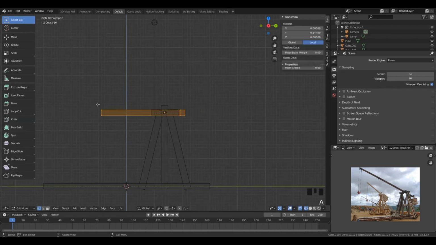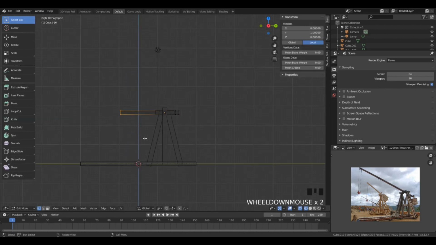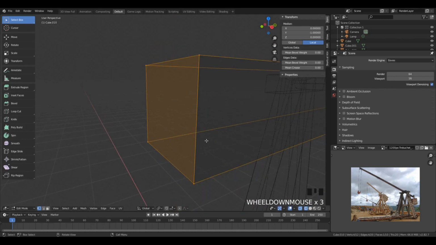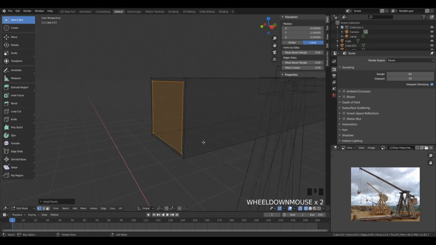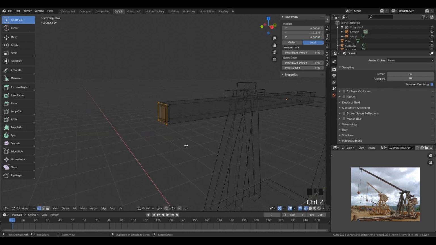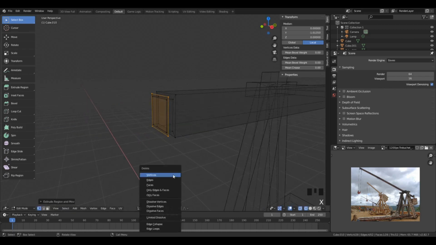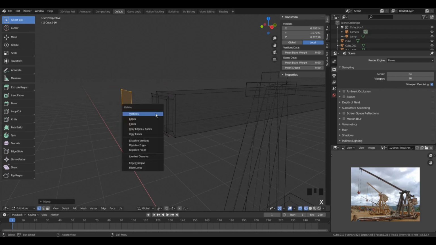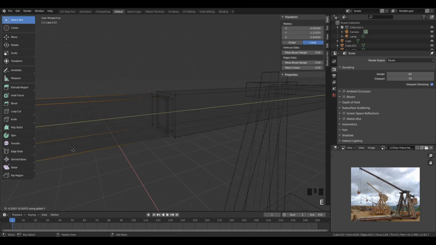We can also scale this in, and we can give it a bit of detail by extruding it inwards and making it look like there's a cut in the middle, like you've stuck two different pieces of wood together because the whole thing is too long to be made out of a single slat or a single strut. Just extrude it outwards, make the end a little bit smaller,